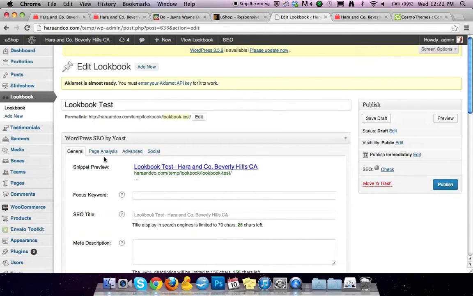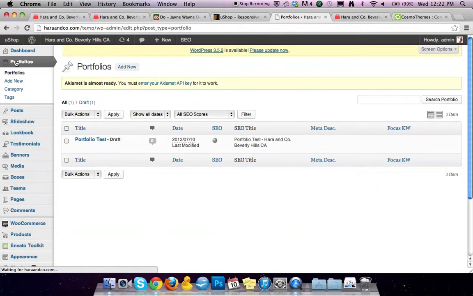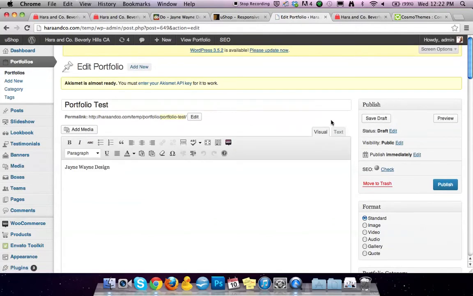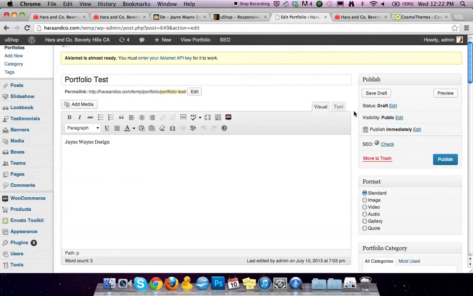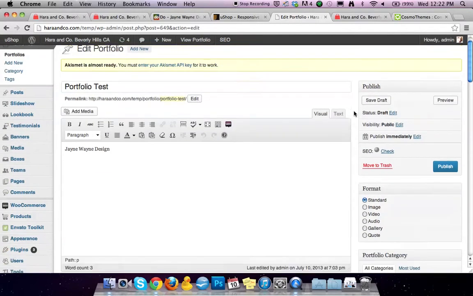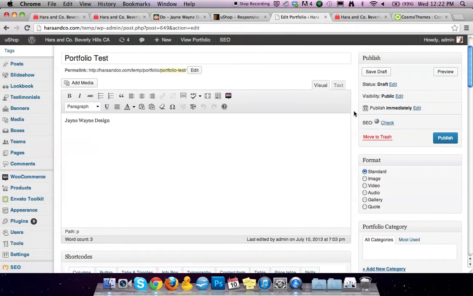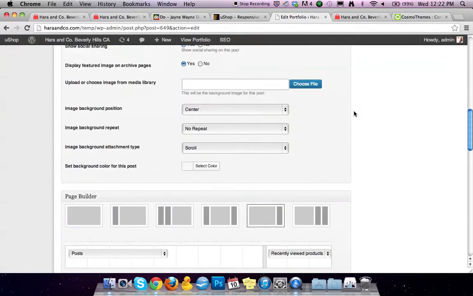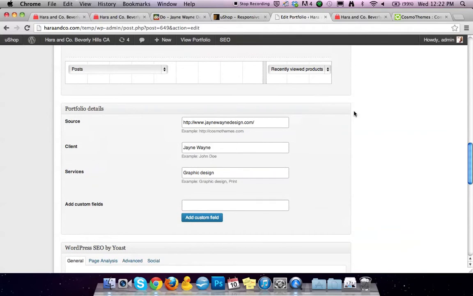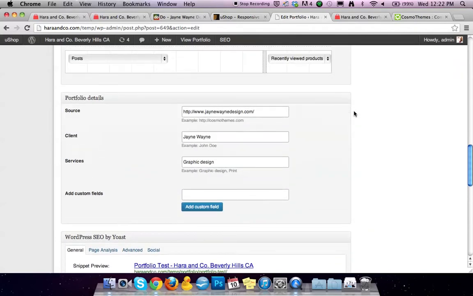And next I'm gonna show you the portfolios, which I don't think is very usable in this actual Hero & Co. website, but I think can be used in a different sense. So I just made a quick design test, and what a portfolio basically is it shows like partners or clients information, like what they do, services, who the client is, like their website,